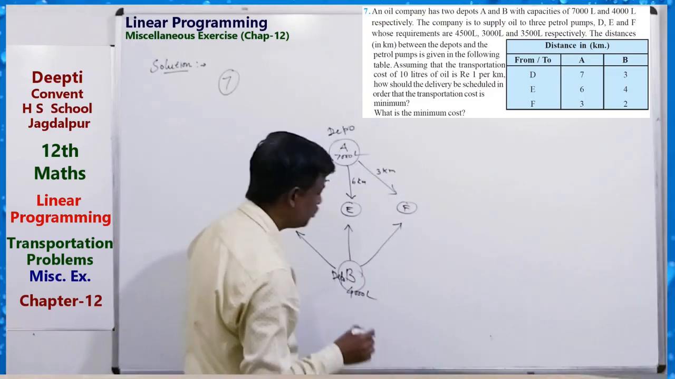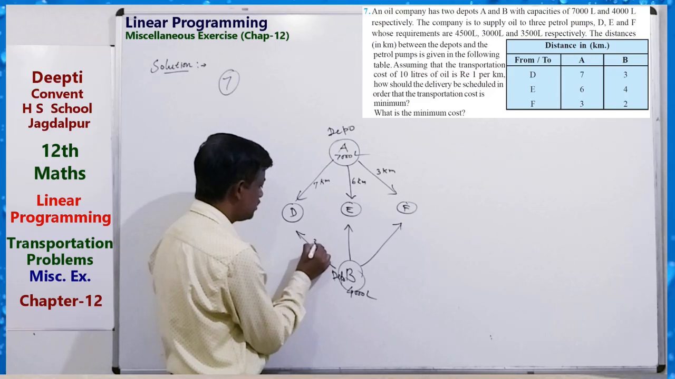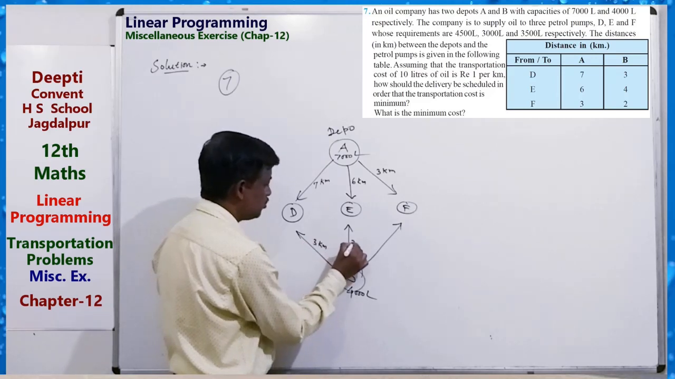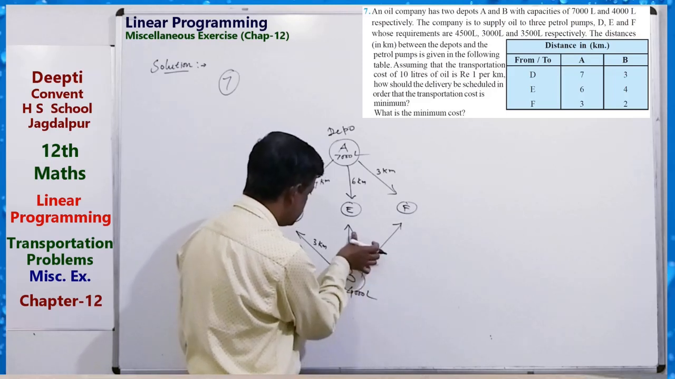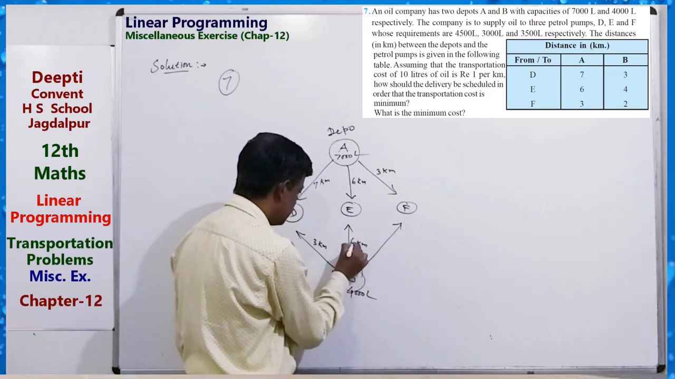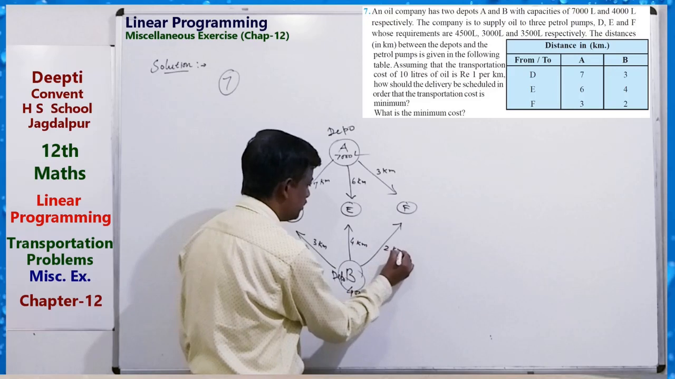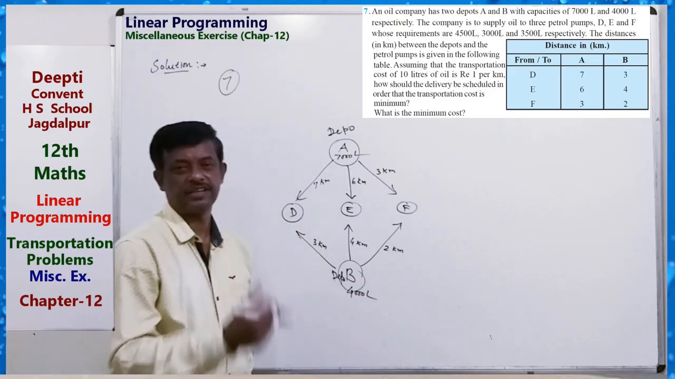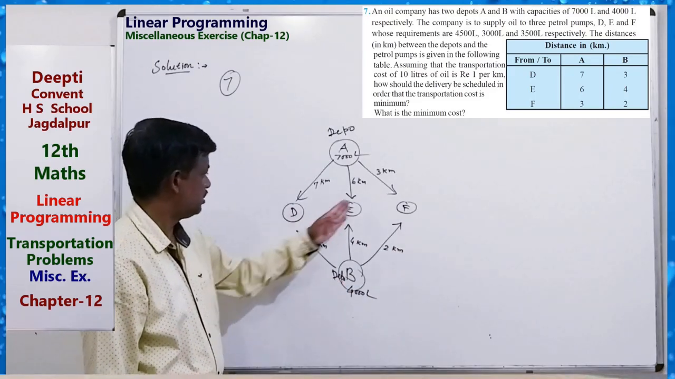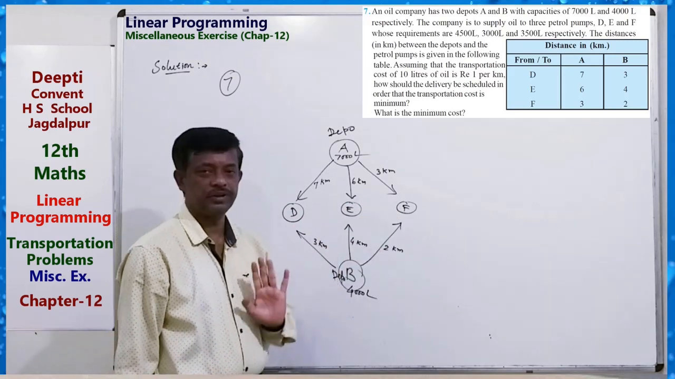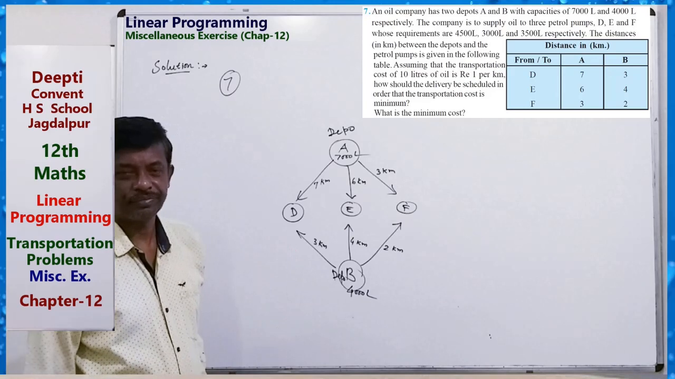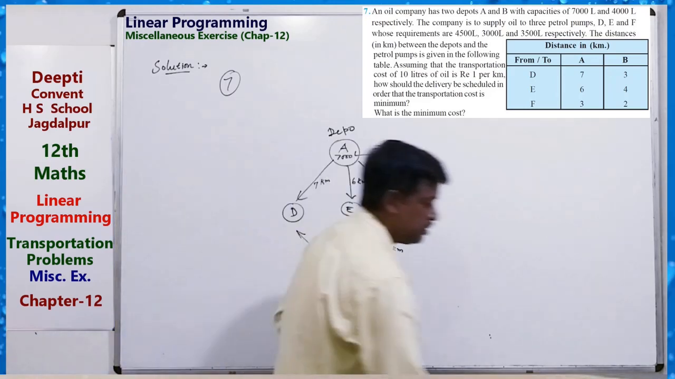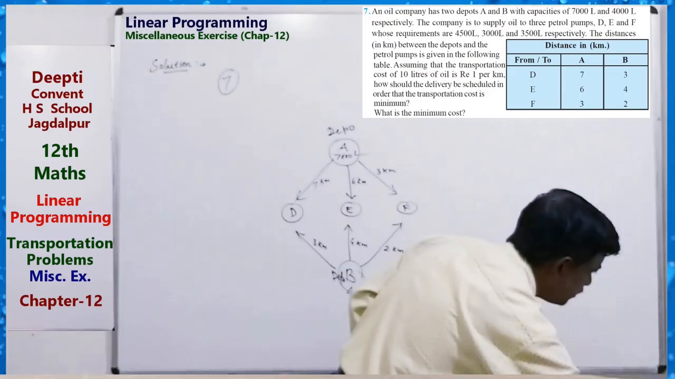3 kilometers, 2 kilometers, and 4 kilometers. Then the distance from this depot to D, E, F is 3, 4, 2 kilometers. This is given in the table. Distance is given. Okay. And also it is given that